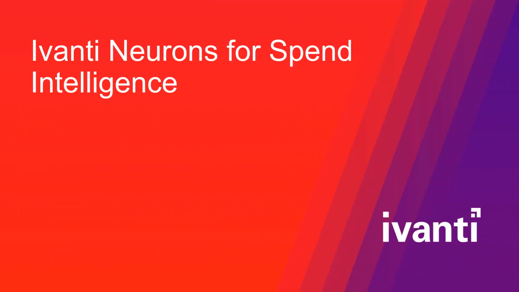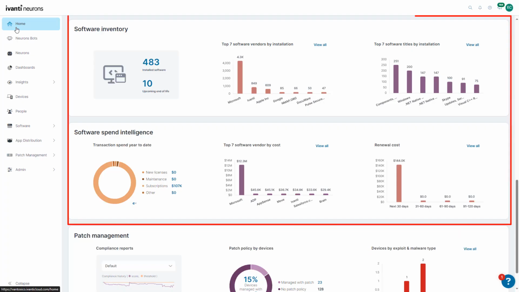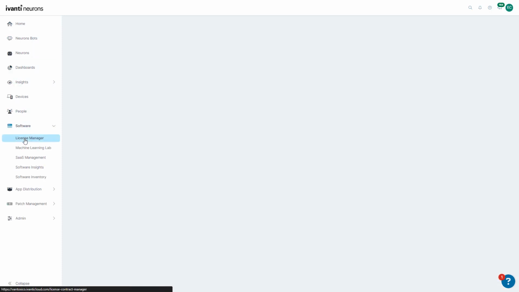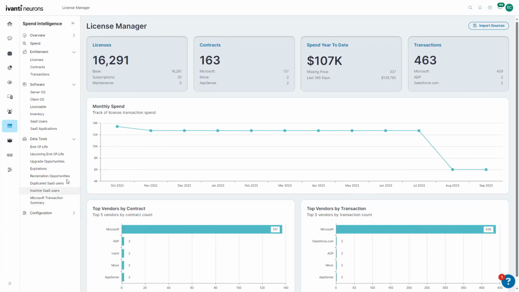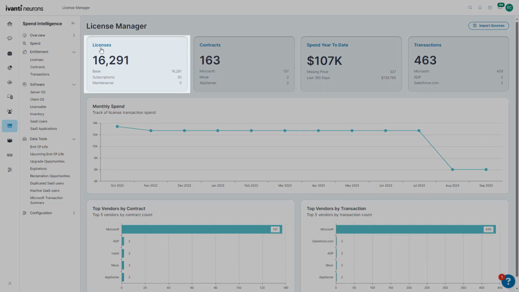Ivanti Neurons for Spend Intelligence will help your organization quickly view and manage application spend for on-premise, cloud, and edge environments. The solution provides engaging multi-layer dashboards that enable visibility and actionable insights into the details of complex software management. Each dashboard is designed to give you clear understanding of your software estate, from aggregated up-to-date license information for the